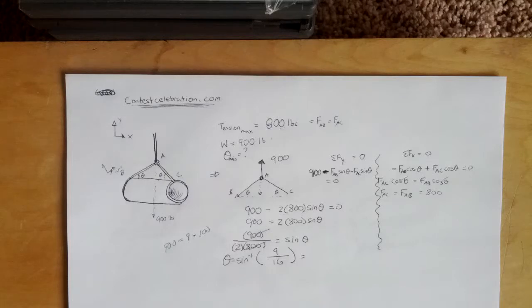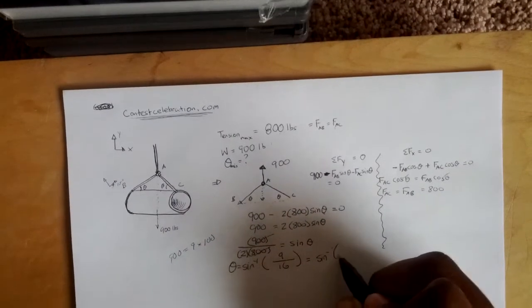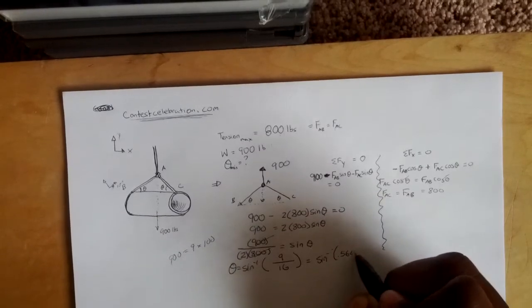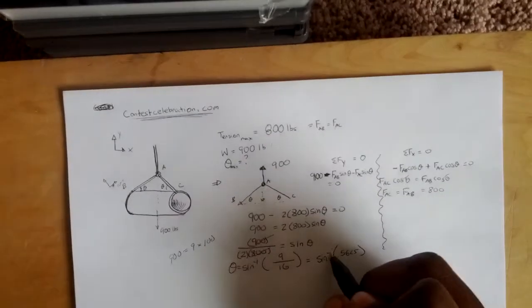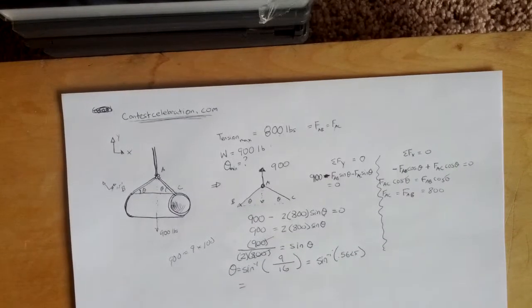I'm plugging this in right now. 9 over 16 is equal to 0.5625. Let me write that down. So inverse sine of 0.5625, and that angle there equals